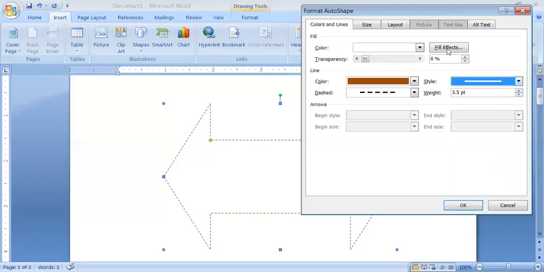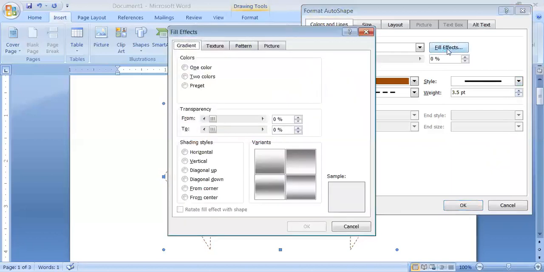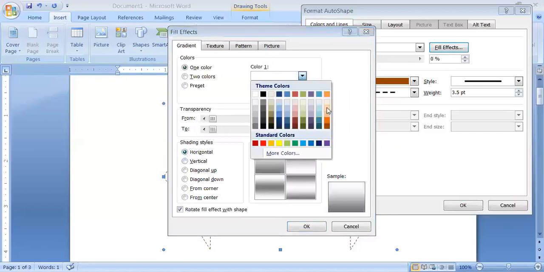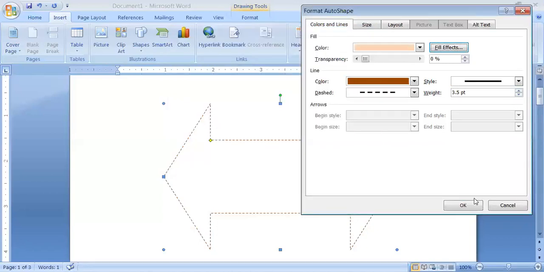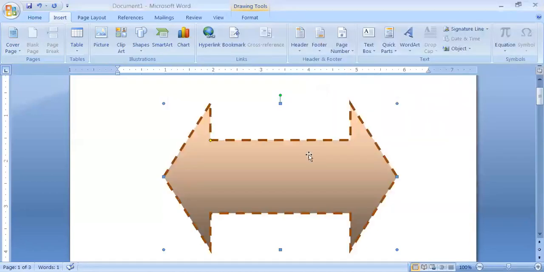Now you can also fill some effect in it, like shading. What will be the color? I'm selecting this color, then I'm clicking on OK, and again when you click OK, the color is filled inside the shape that you had selected.